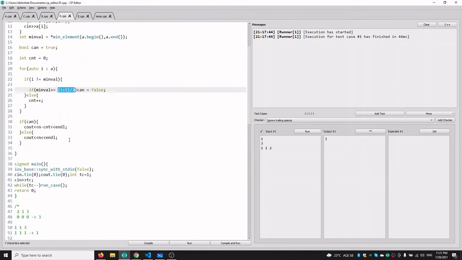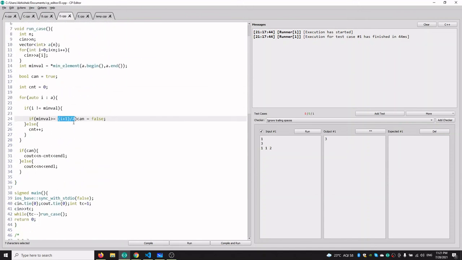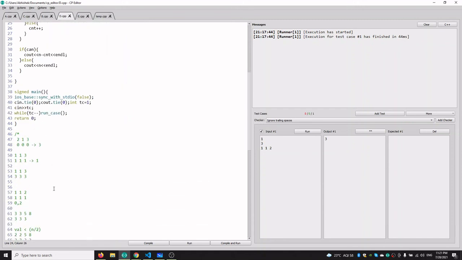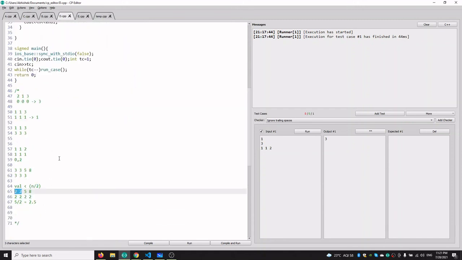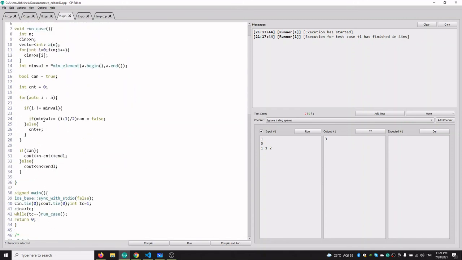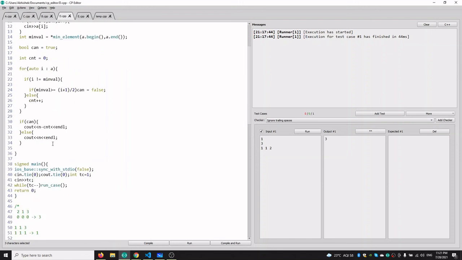You can think about this code implementation by yourself. Else we are just calculating the count of minimum elements. This can be done in a separate for loop also.